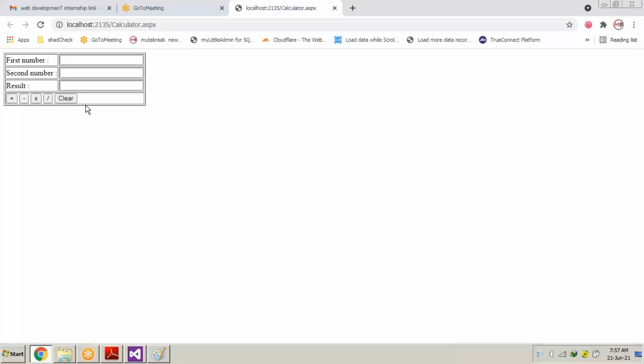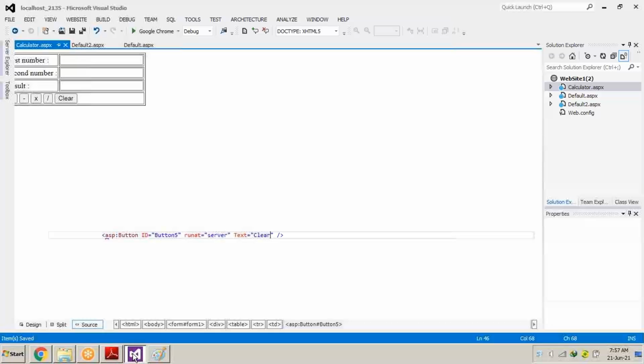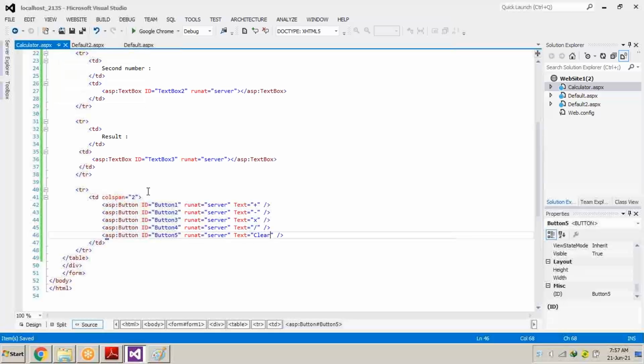Now you can see the buttons are in the button TD. The button table data spans 2 columns because we have written colspan 2 in that particular TD. But the buttons are coming on the left hand side. So how about keeping them in the middle of the entire TD? For that we have to use one more attribute in the TD of button. We have used colspan 2.